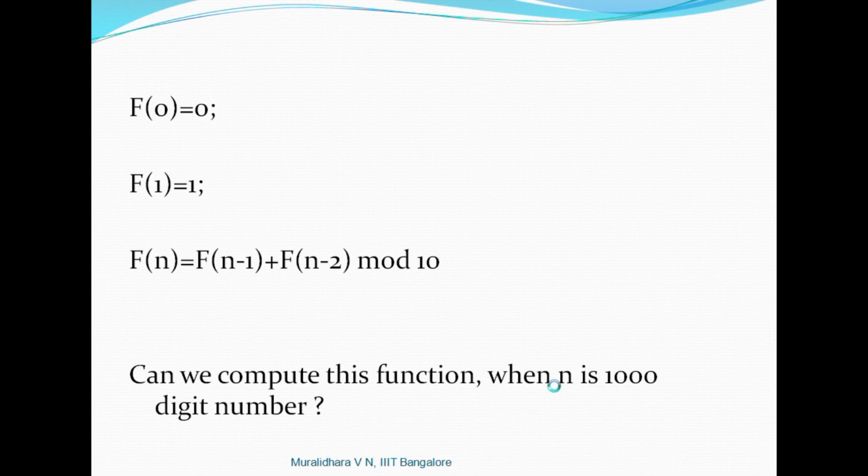So if I have to use the previous algorithm, the third algorithm, the number is a 1000 digit number. If I represent it as a decimal number, it will be about 10 to the power 1000. We are only able to go up to a 9 digit number, that is, up to 10 to the power 9. But if I have to compute for 10 to the power 1000, the third algorithm cannot be used, since it's a linear time algorithm, so this will take 10 to the power 1000 operations, which cannot be done in a couple of years. So we need something much faster than linear time.